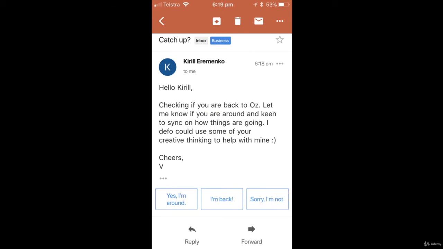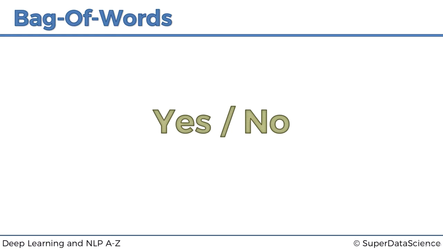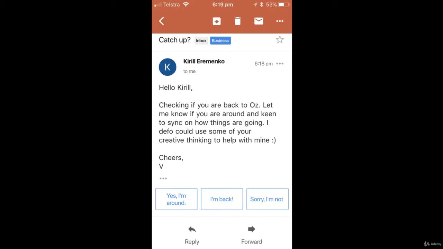In the meantime, the text of the email is here. What can we do with it? First things, we're going to start off simple. We're going to look at how we can create a model that will give us a yes/no response, because that's one of those questions. The question is, are you back in Australia? Let me know if you're around and keen to sync.